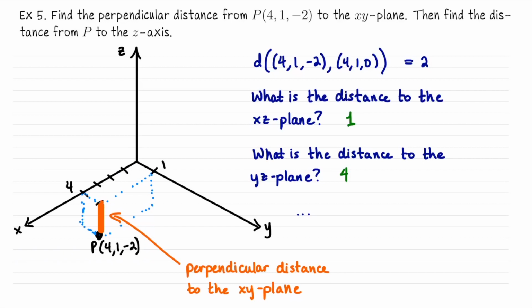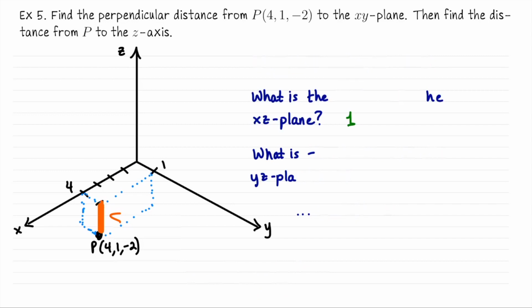And let me throw a new one in here. What about the plane z equals 5? What is the plane z equals 5? Well, x and y are unconstrained. Z has to be 5. So that would be a plane parallel to the xy plane, but sitting at an elevation of z equals 5. It's like taking the xy plane and lifting it up 5 units. So we would need to go from having a z-coordinate of negative 2 to a z-coordinate of 5. That would be distance 7.